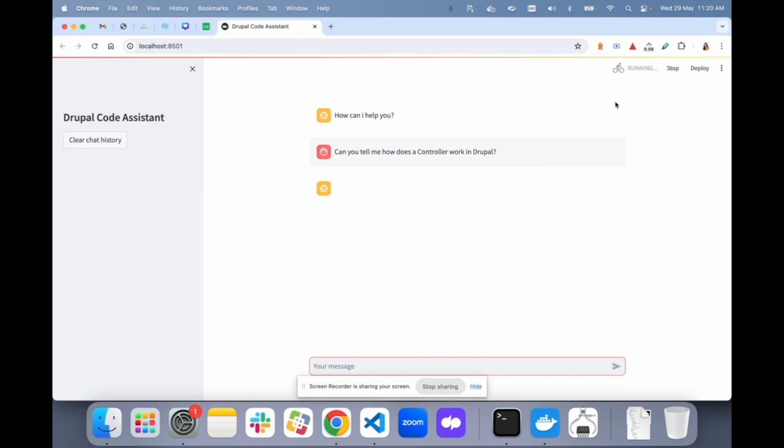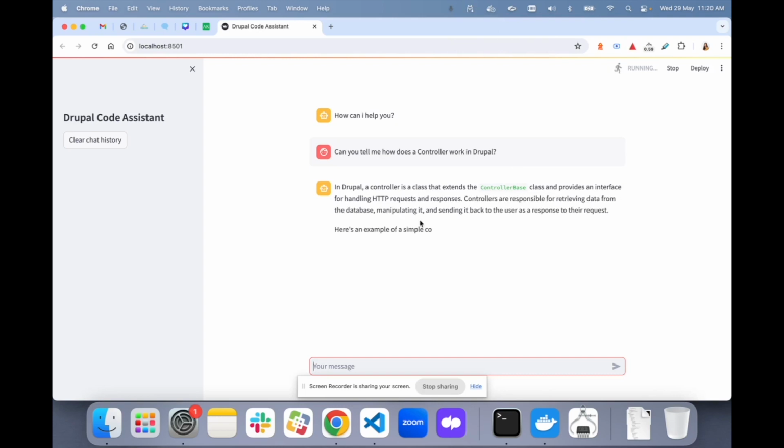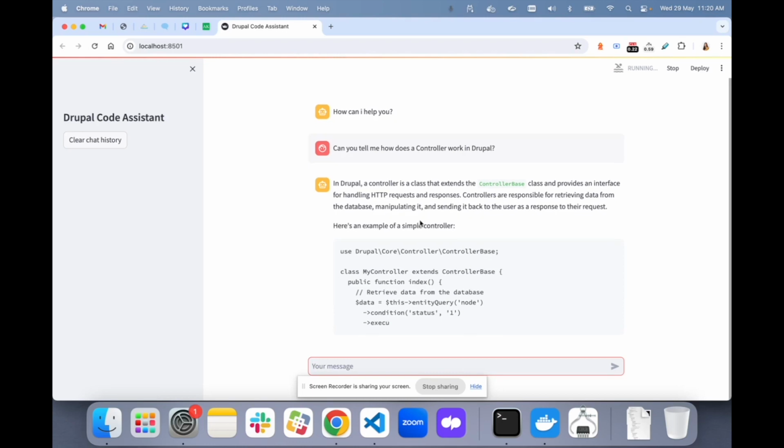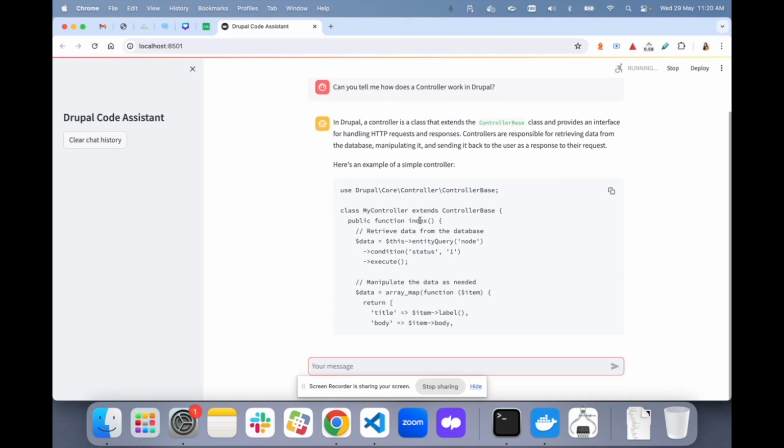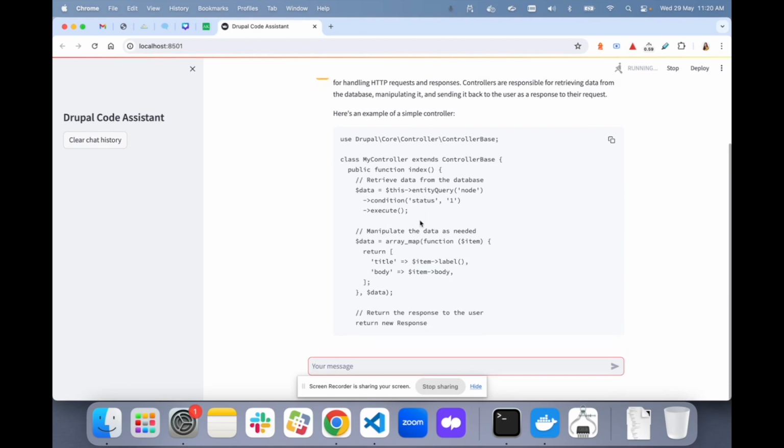If you see, it is a little slow. Oh, I see it is running. So it is telling me what a controller is and how to create it, like ChatGPT, right? See, so it seems to be working.